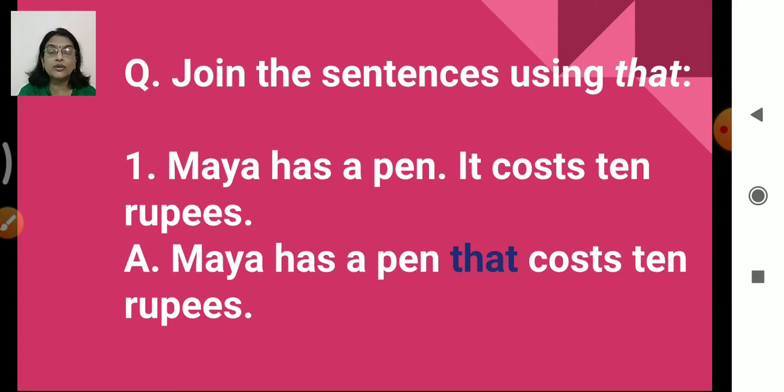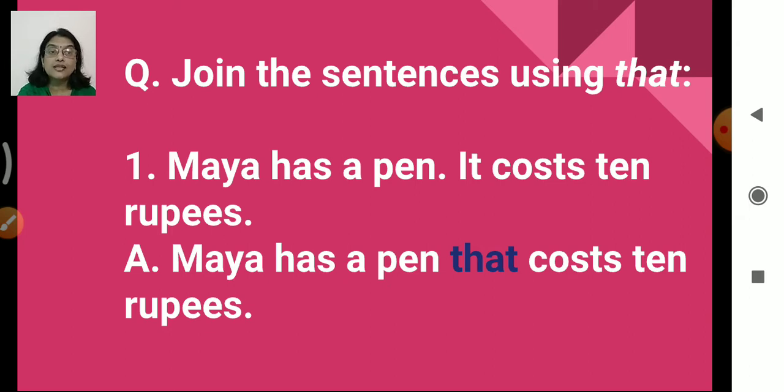So here you can see we have two sentences, right? Maya has a pen. It costs 10 rupees. Now we have to join these sentences by using which word? "That". Now where are we going to use "that"? Let's see in the answer. The question is: Maya has a pen. It costs 10 rupees. And the answer is: Maya has a pen